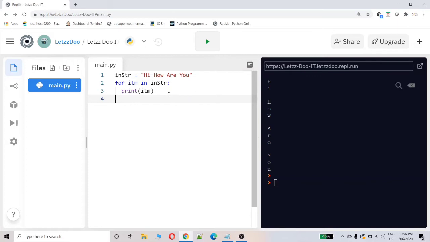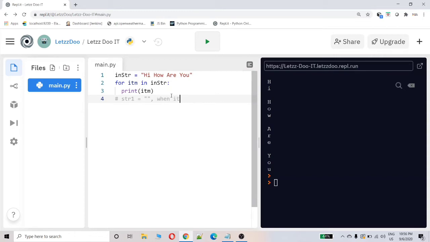I will be creating one empty string, str1 equal to empty string, and each time this loop iterates, whenever the item is having a character other than space, it will be added to the str1.